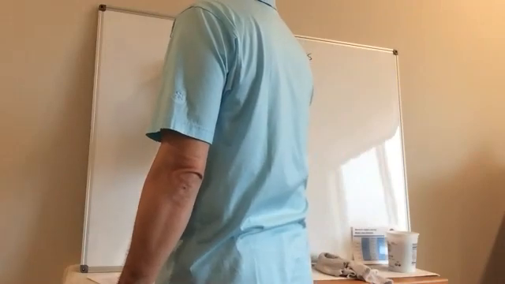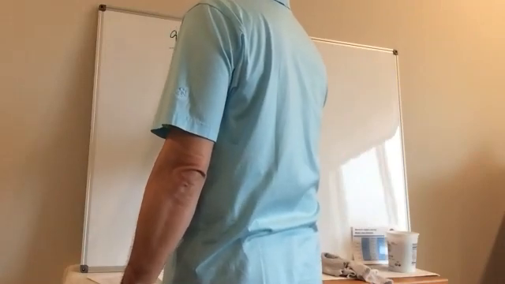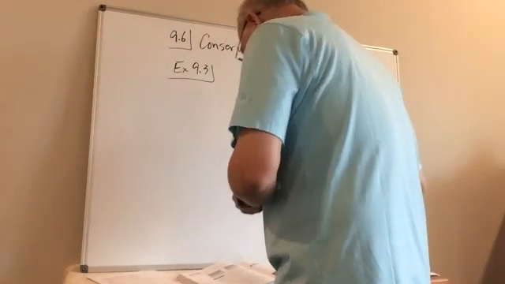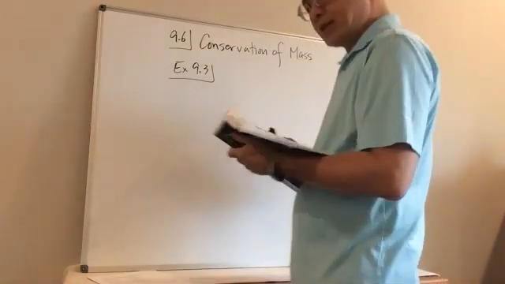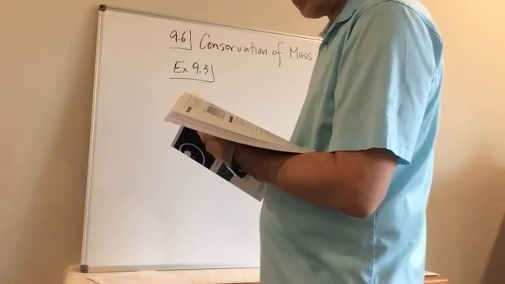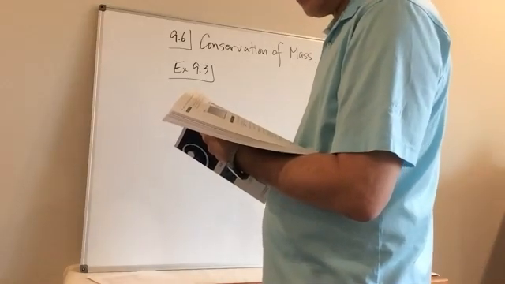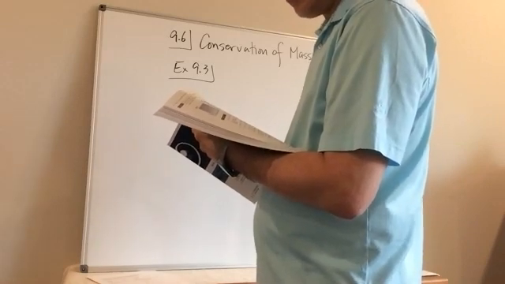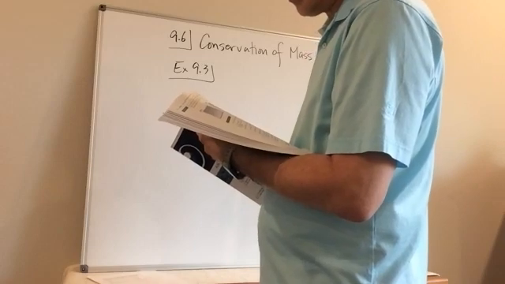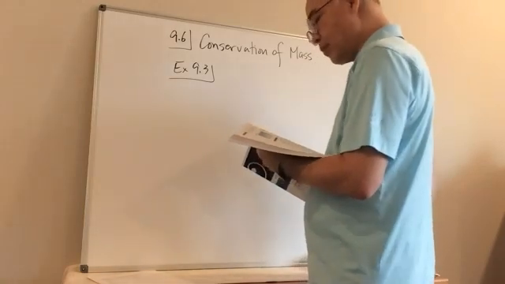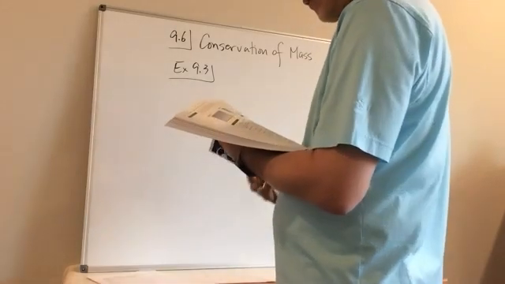Let's look at example 9.3, on page 282. It says, how much water is stored after 5 minutes in each of the tanks shown in figure 9.5? How long will it take to fill the tanks completely, provided that the volume of each tank is 12 meter cubed? Assume that the density of water is 1,000 kilograms per meter cubed. Okay, so the first one